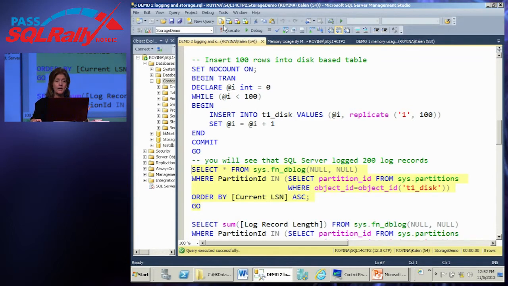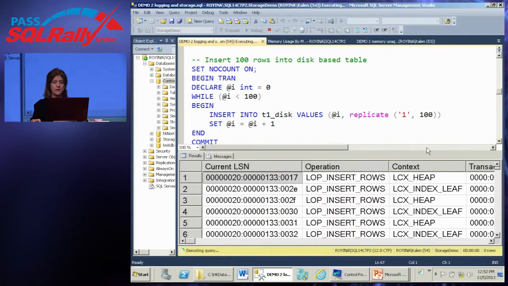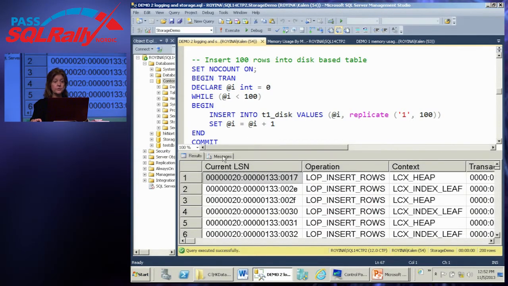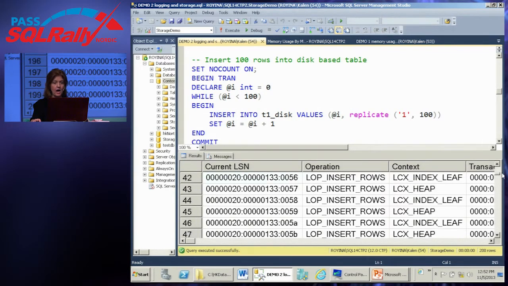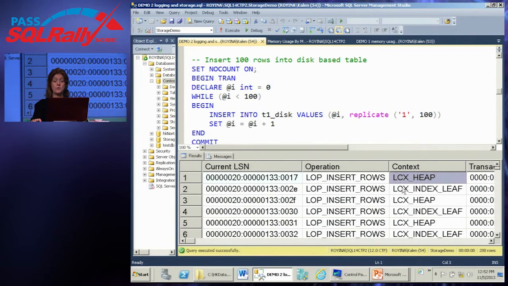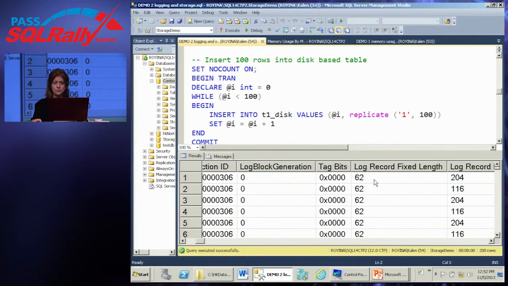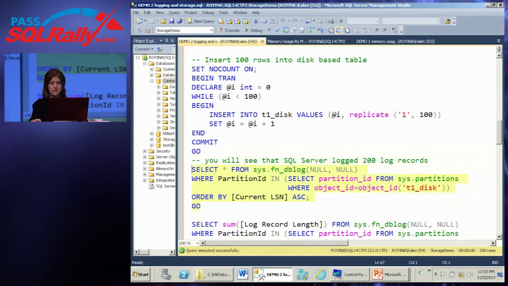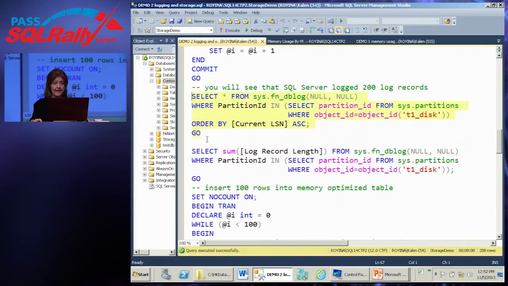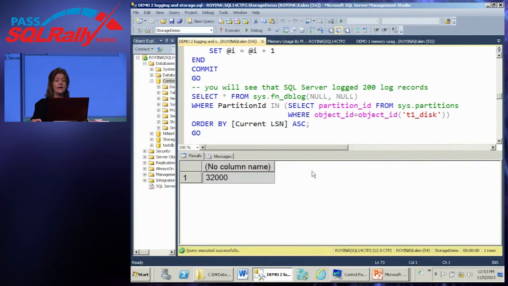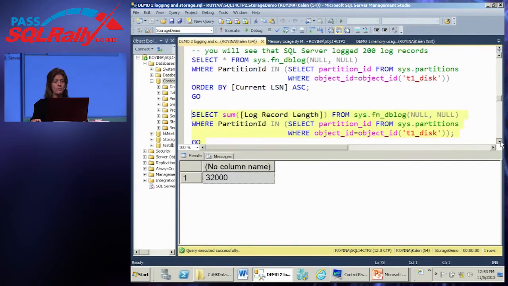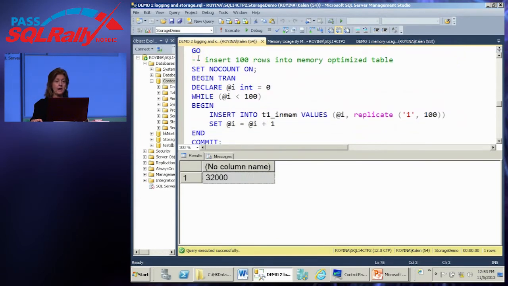So I can look in the log, and there are 200 rows for this particular object because there's an insert into the row itself and an insert into the index, and each row is a fixed length size. I can add up all of that size information and see that for that one insert of 100 rows, it took 32K of log space. Or if I do a very similar thing to my memory optimized table,